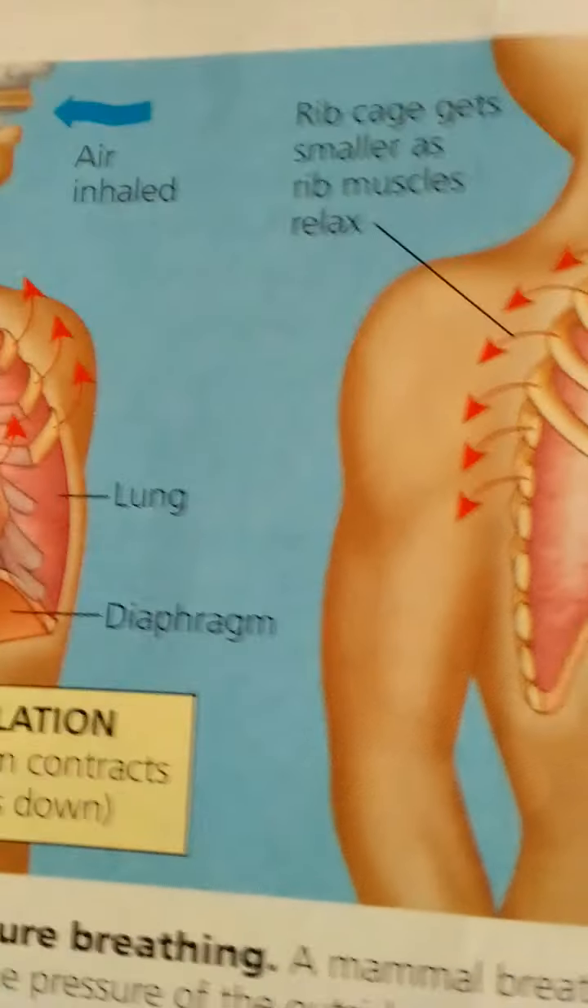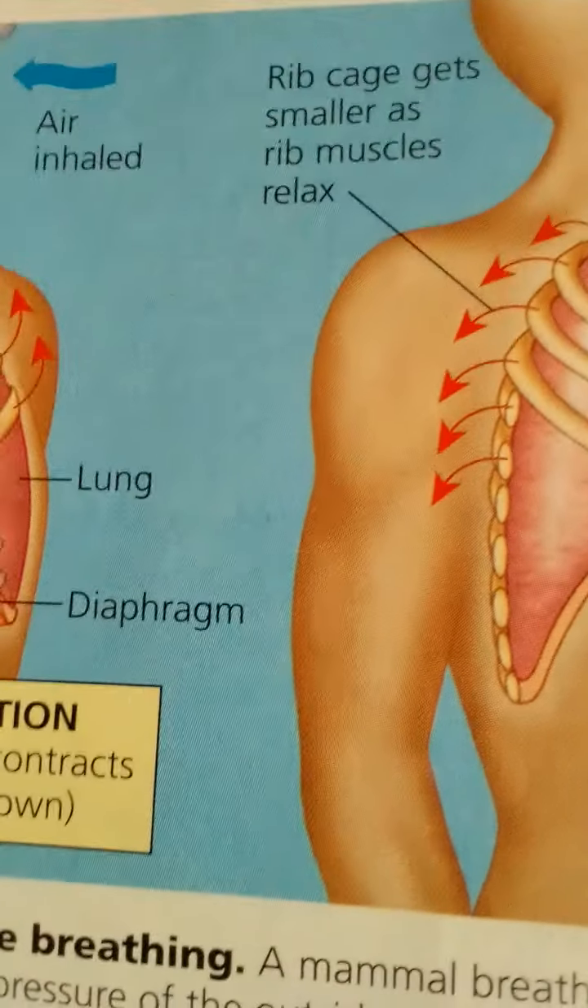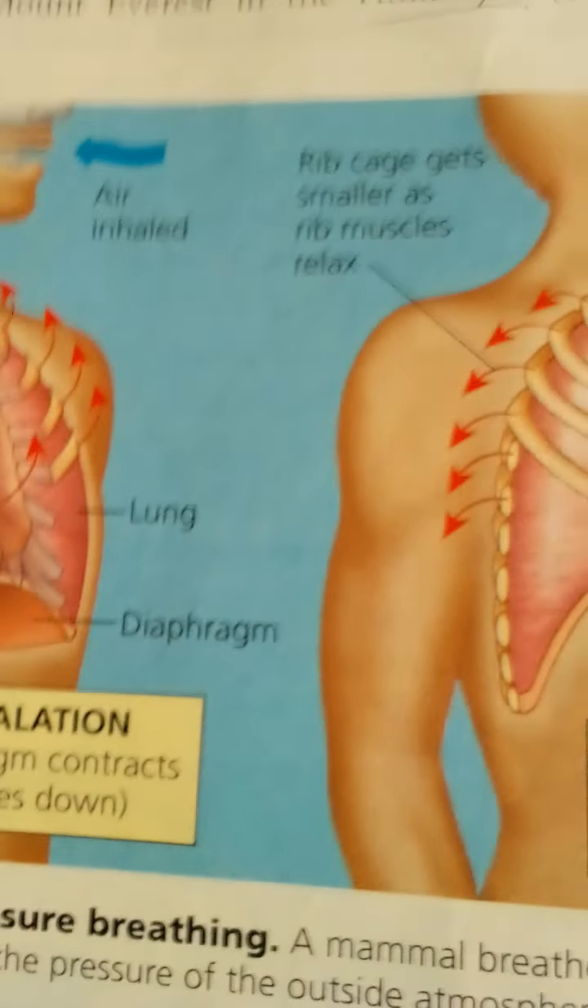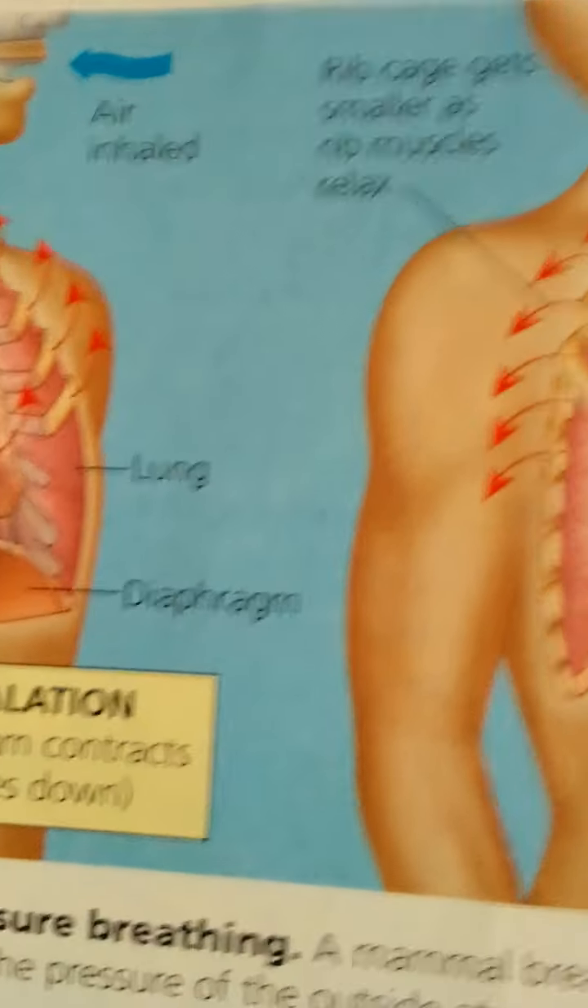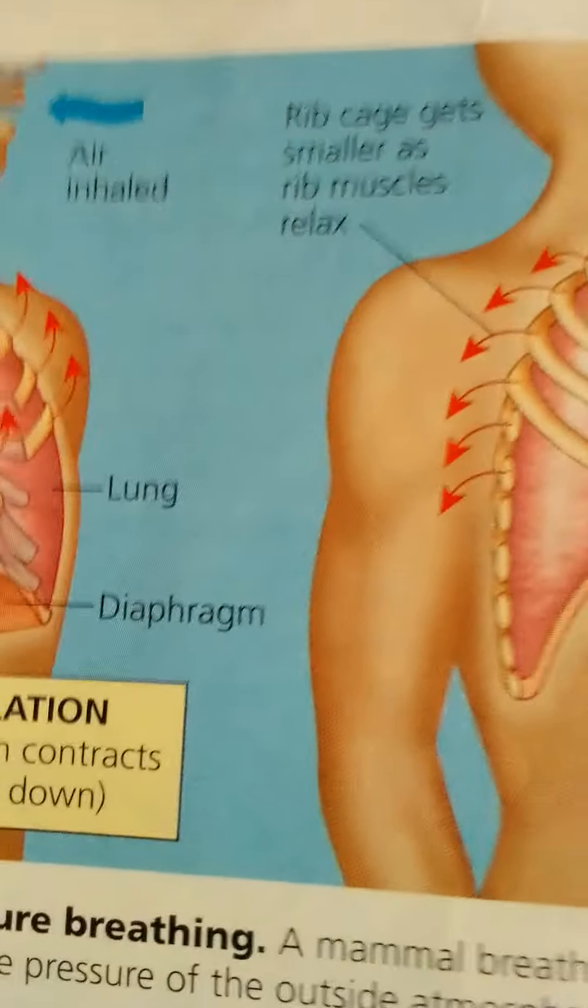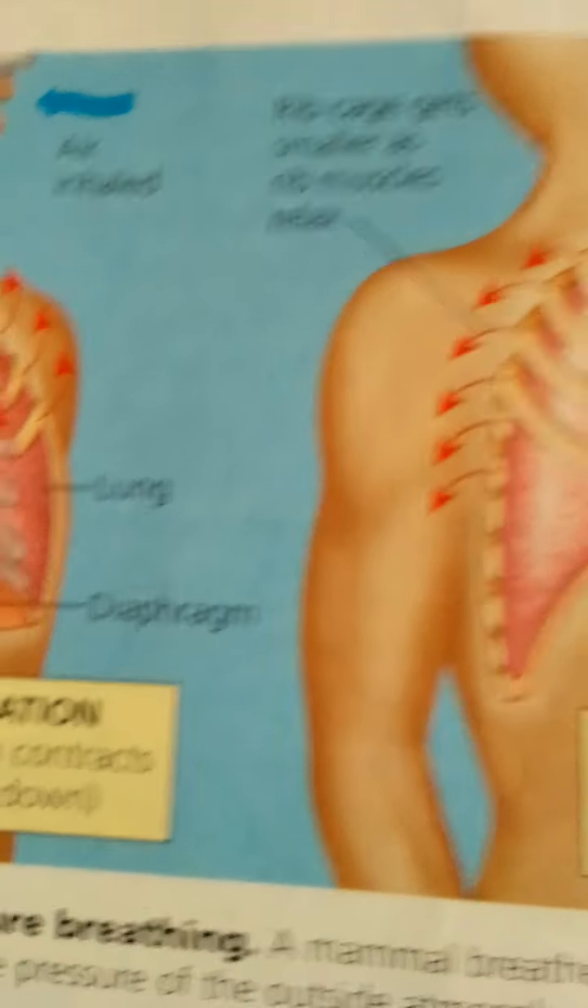It averages about 500 milliliters in resting humans. The maximum tidal volume during forced breathing is the vital capacity, which is about